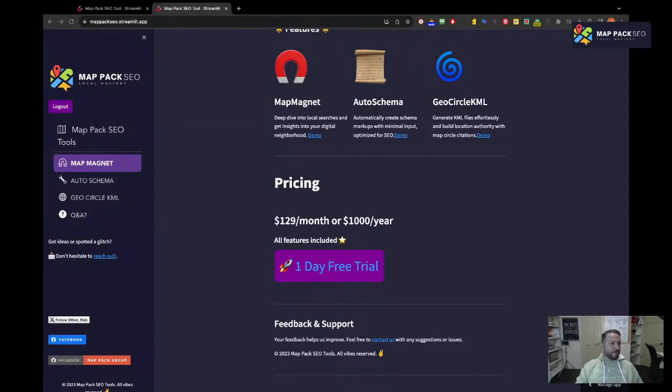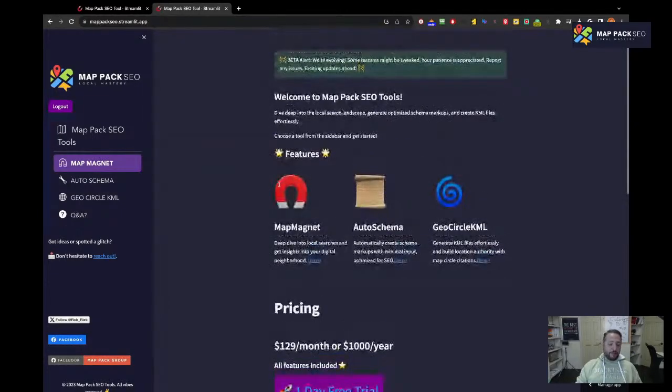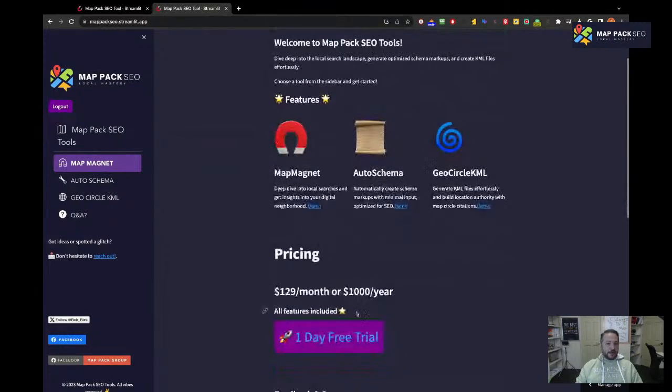All right, here we go. Okay, guys. So today, the MapMagnet. So here's what the MapMagnet does. Basically, there are ranking factors on the maps that come from the GMB itself, and there are some ranking factors that come from the website, from the URL that's attached to the actual GMB, and there are some off-page signals, let's say citations and all of that. So what MapMagnet does is it starts from